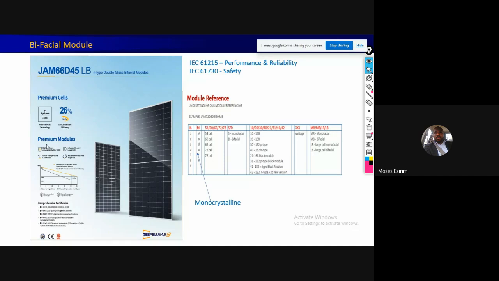Now, when you look at this, the premium modules have a higher power generation. Remember, if you are doing a large capacity installation, I'm sorry to say this, I don't really put more energy when it comes to residential. I'm sure a lot of people in this class know that I don't really put much effort into it, and the reason is simply because I love doing quality installation.